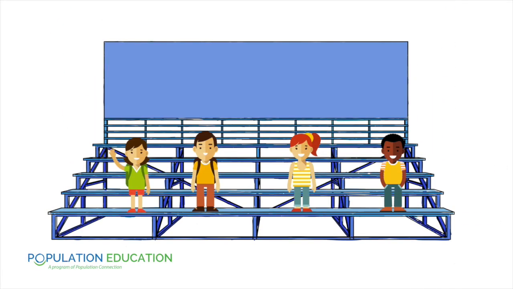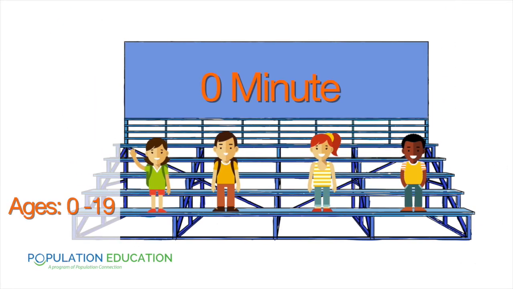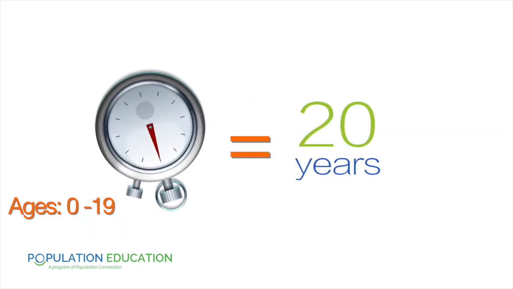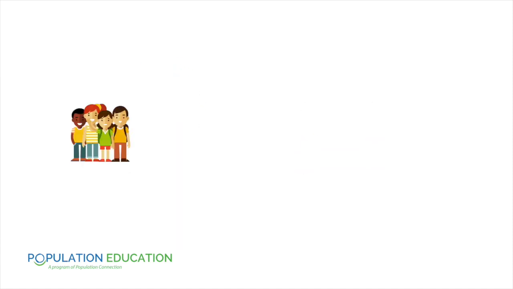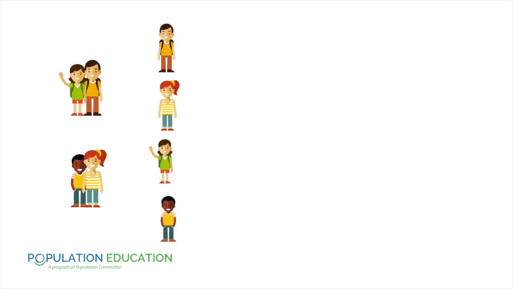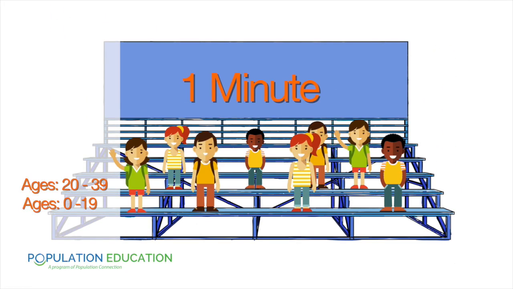Now, at the start of the simulation, we'll ask 4 students to stand on that bottom row, representing people of the ages 0 to 19. When our first minute passes, remember we're jumping ahead 20 years in history. So those original 4 students have now entered the ages 20 to 39, which is the age when families typically begin their childbearing years. Now, because we have 4 students, we have the potential to make 2 couples, and each couple will bear 2 children, since we're exploring a 2-child average. So we'll have 4 students stand on the bottom row.